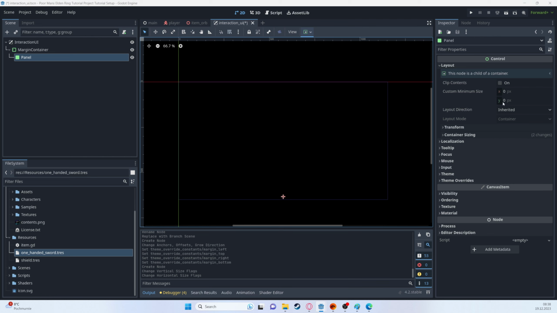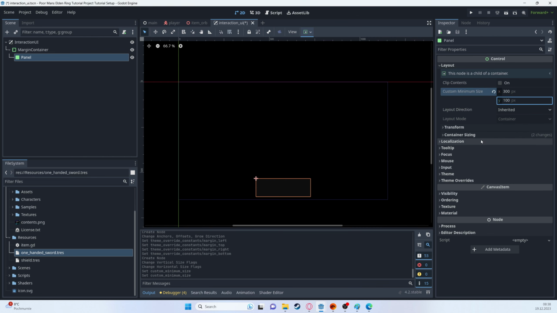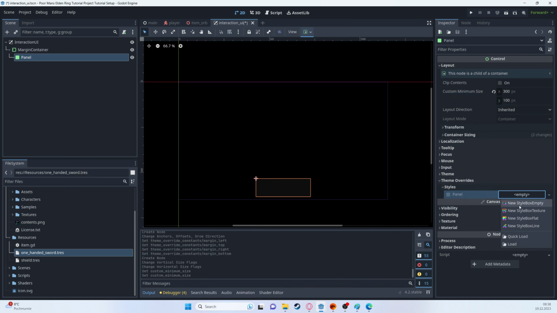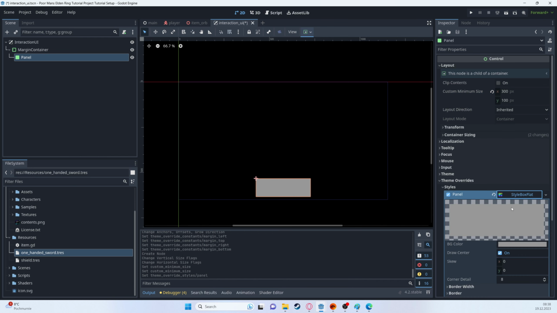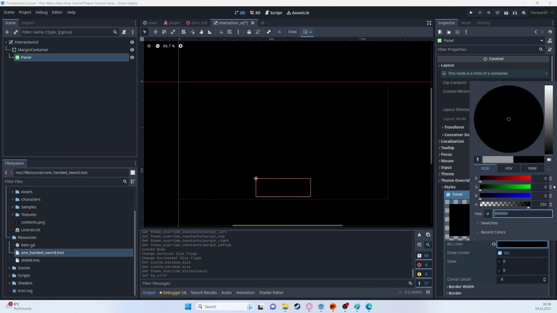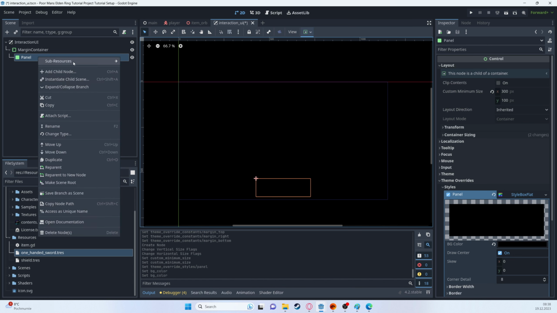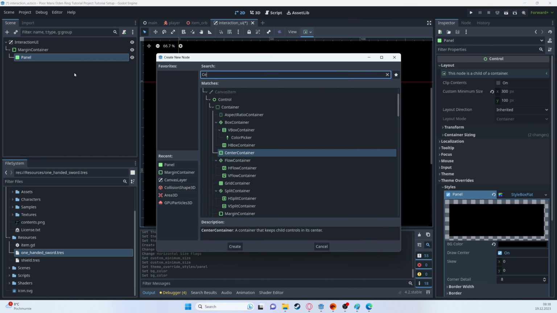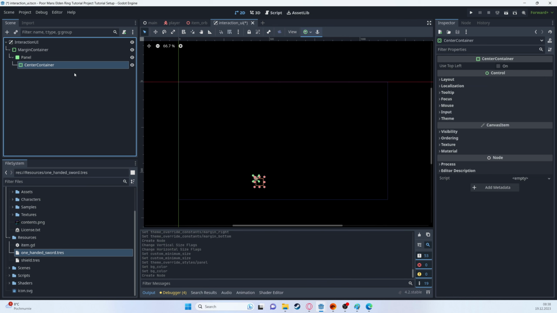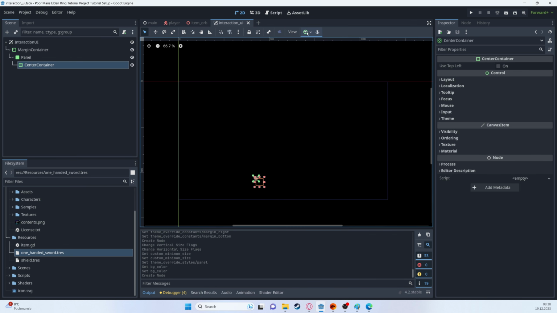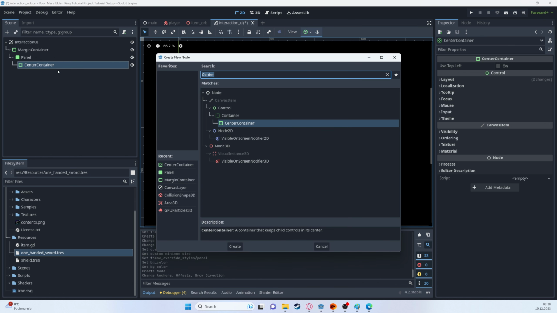The size is 300 by 100. Then the style is style box flat. Make it black. And then let's add center container as a child. Make it span across, and then finally